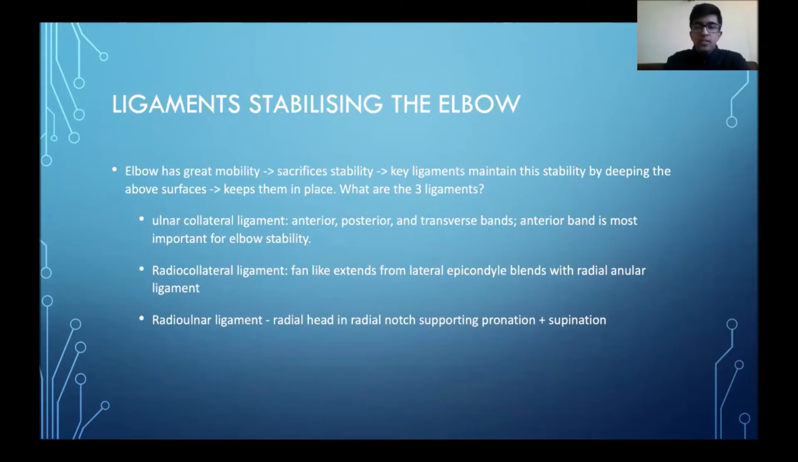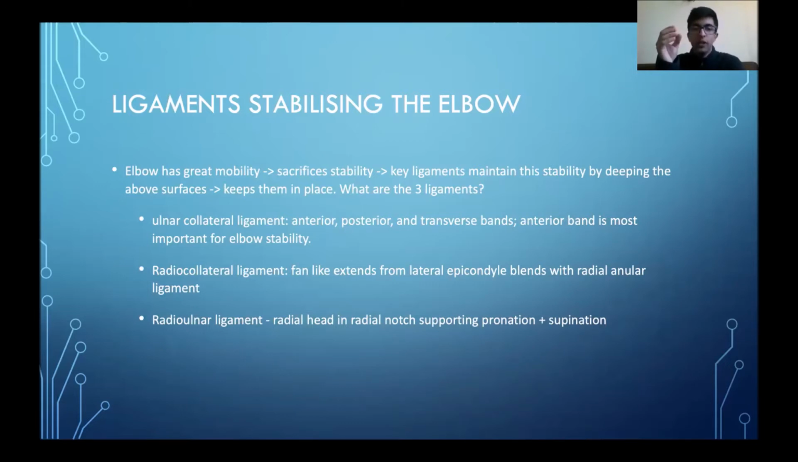The thing about this is that I've just put the key points about each ligament. It makes sense because you have the elbow, you have the radius, you have the ulna. So you're going to have a radioulnar ligament from the radial head and a radial notch supporting pronation and supination. And the radial notch, I always get confused, but we're going to see it on the next slide because I remember the radial head goes into the radial notch